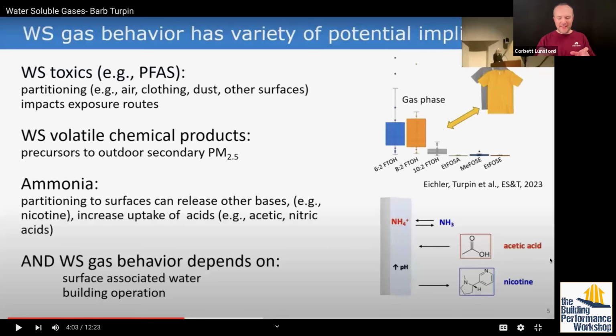So the thing that they were trying to measure is the pH of homes, because nobody's really tried to measure this before. And it turns out it's really important because you measure the pH of pools, you measure the pH of soils. Nobody's doing it in homes. So what they found is ammonia is a base. And then, so they used ammonia, they introduced ammonia into the air. And of course, because of this partitioning thing where the ammonia then would go onto surfaces,